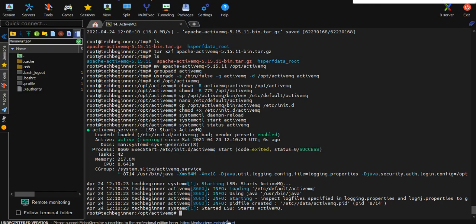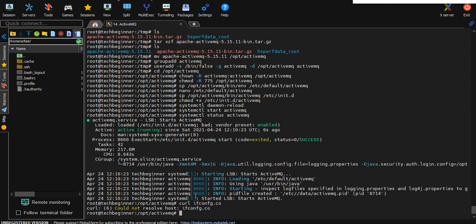So what I need to do is get my public IP with curl ifconfig.co.